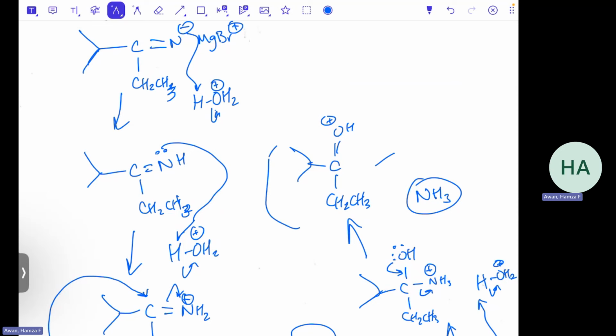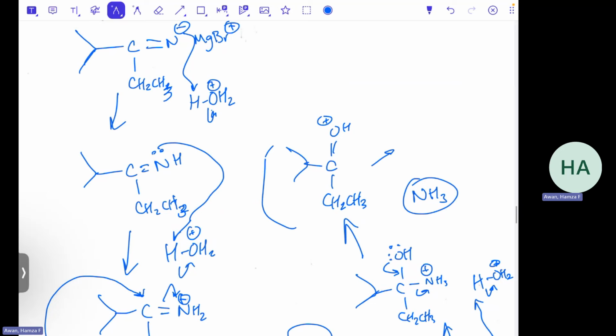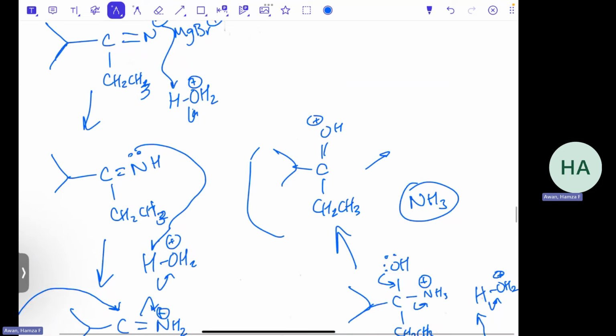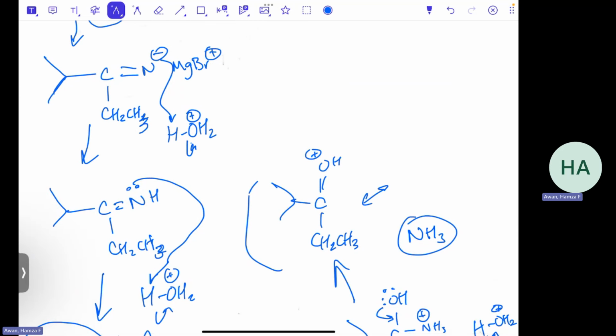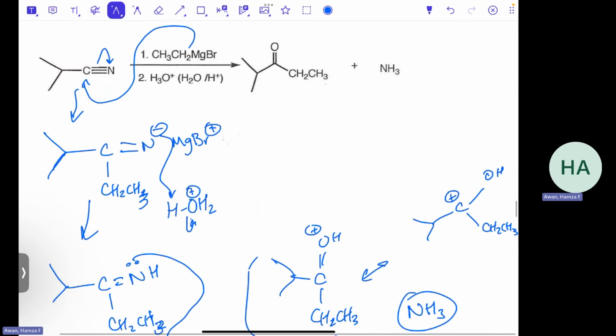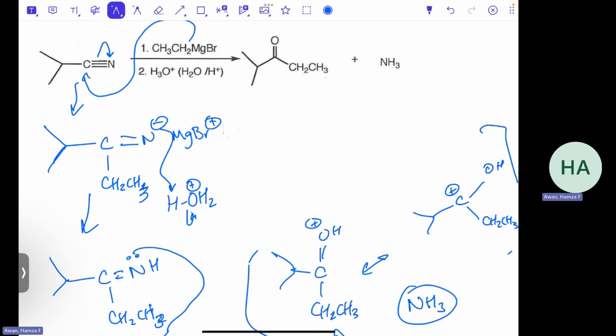So we'll just put the positive charge onto the carbon. So just for resonance. C plus, and then this is going to have OH CH2CH3. So we have the two resonance contributors, and then our final step is just going to be to deprotonate